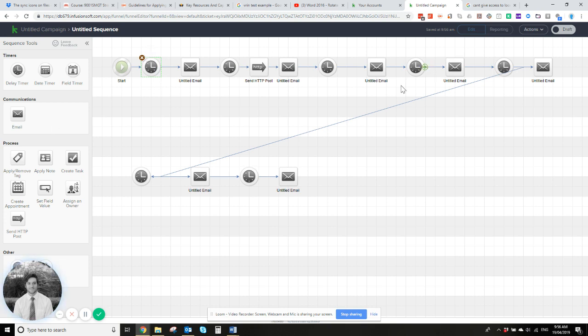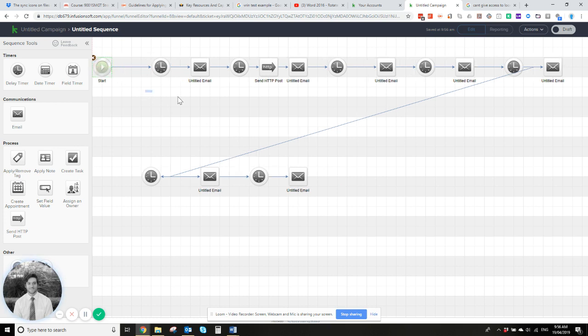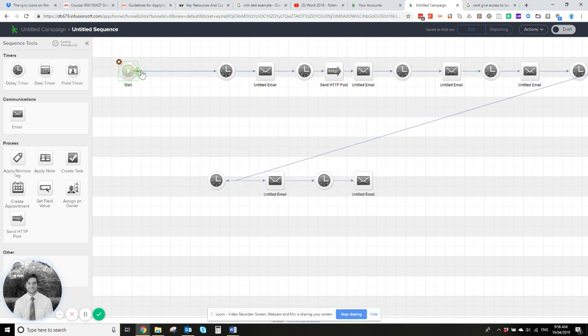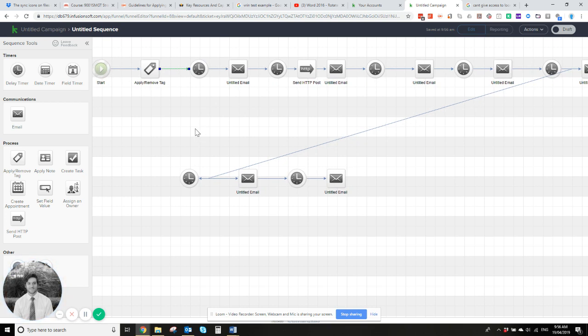The other things you can do through here is apply tags, which can trigger other actions. So I might have a tag at the start here, which could then trigger a long-term nurture, which is delayed by 30 days. So as soon as they get into my sales funnel, if they're not interested in buying right away, they're going to get the long-term nurture in 30 days from this point in time, and they're going to be reminded of who I am, how I help, and potentially become a customer down the track. So we're not wasting the effort of